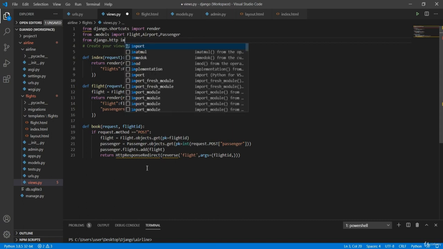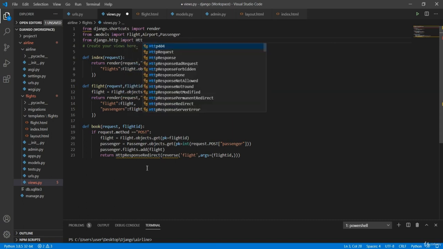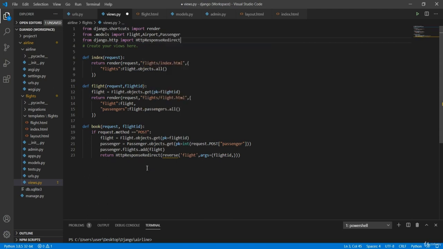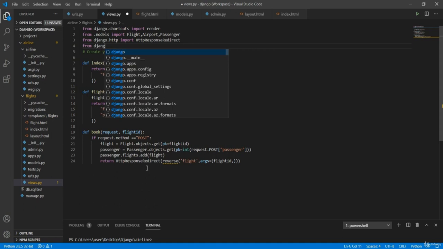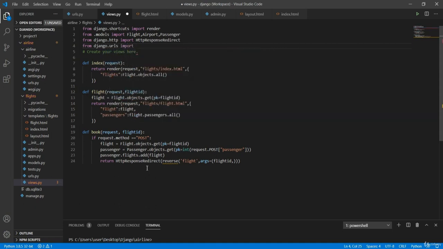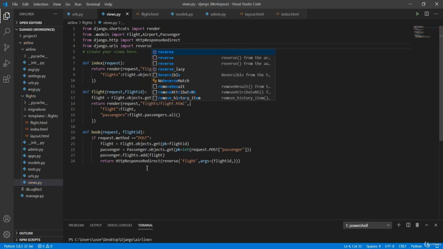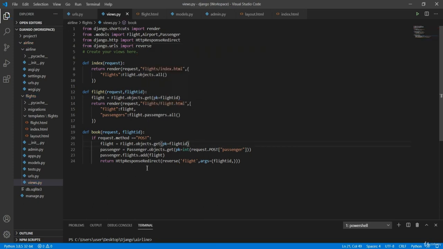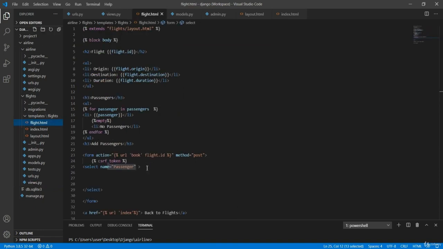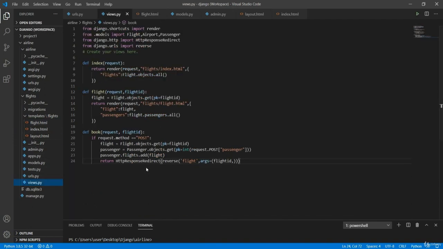I'm going to import that HTTP response redirect, which is right here, and from Django.urls I'm going to be importing reverse. Save that. And so now if I go back to flight.html, you're saying that we need to get all the passengers that are not inside of our plane or flight, and so in order to do so,